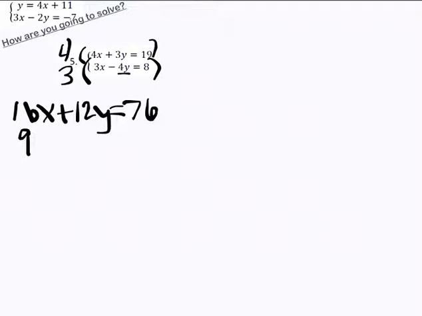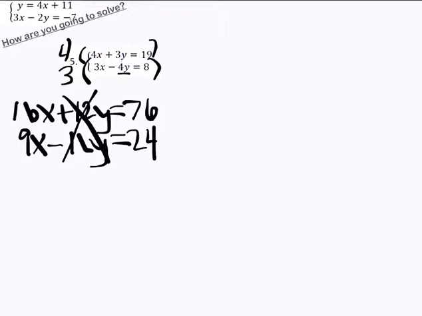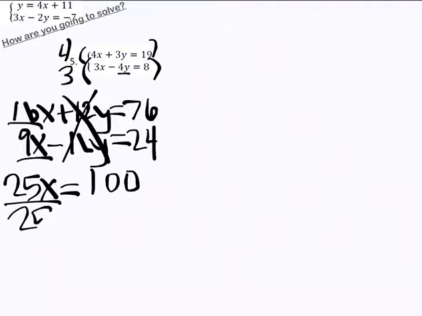3 times 3x is 9x. Negative 4 times 3 is going to be a negative 12y, and that's going to be equal to 3 times 8, which is 24. So here, my y's are going to cancel out. 16x plus 9x is 25x, and then 76 plus 24 is going to be 100. So I'm going to go ahead and divide both sides by 25, and I get that x is equal to